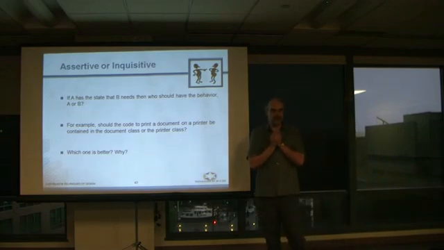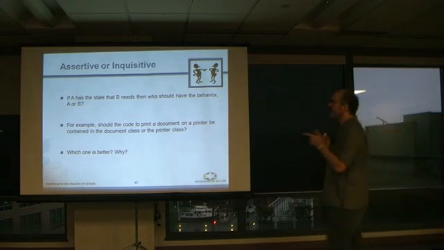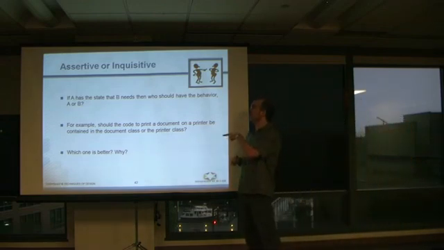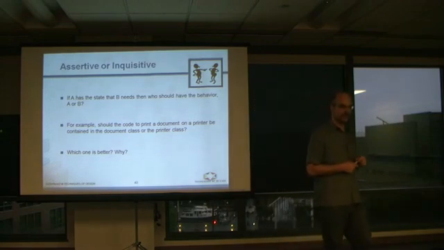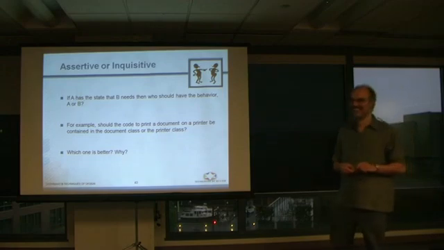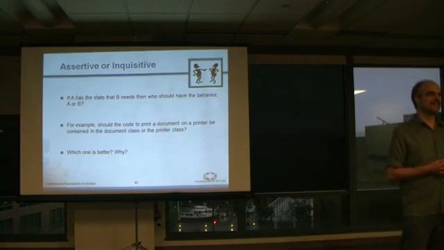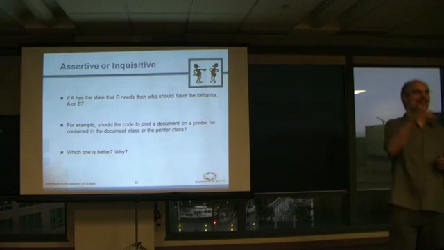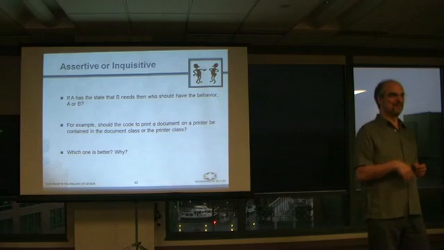The fourth code quality, assertiveness. So let me ask you this. If A has the state that B needs, then who should have the behavior, A or B? A lot of people say you need a neutral third party sometimes. That's the solution: you take it away from A and B and give it to C. Oh man, I pulled out the graphs that show why that's not always the right choice. But not always, occasionally. Yeah, it's true. So again,